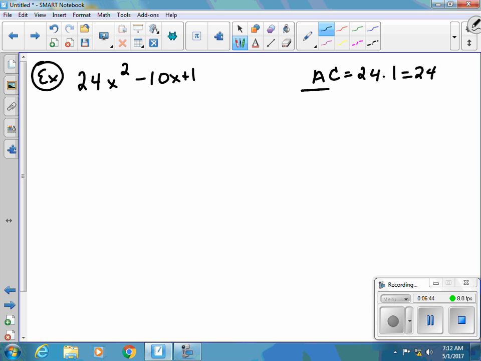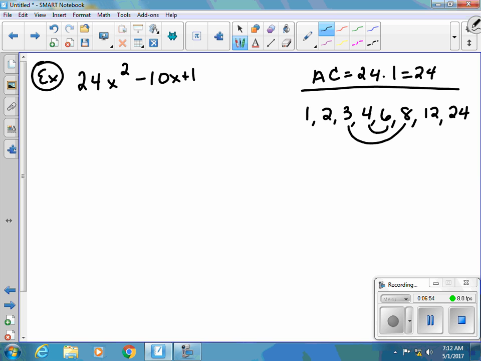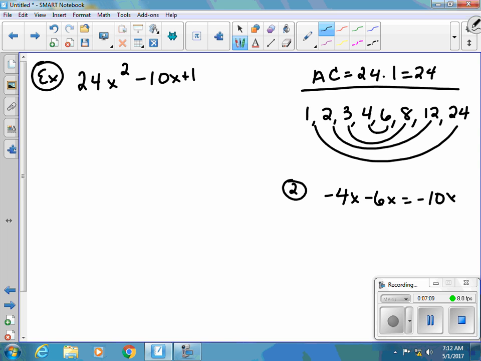So I'm listing the factors of 24. So I've got 1, 2, 3, 4, 6, 8, 12, 24. 4 and 6 go together, 3 and 8, 2 and 12, 1 and 24. So looking at this, I always start in the middle, just an FYI. So I'm going to go with the 4 and 6. So negative 4x minus 6x would give me that negative 10x. So step 3, I'm rewriting this. So I've got 24x squared minus 4x minus 6x